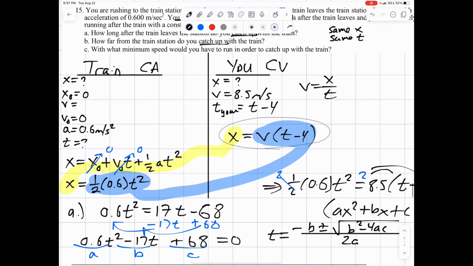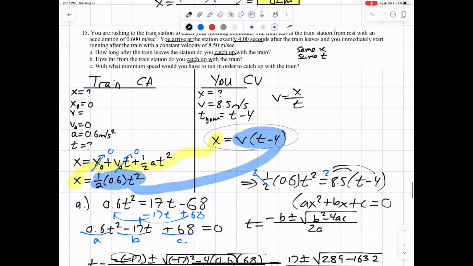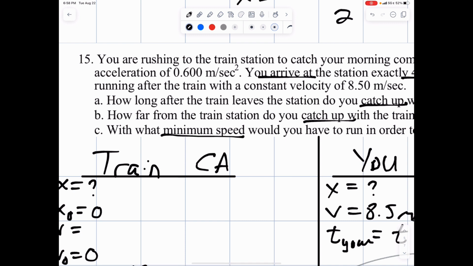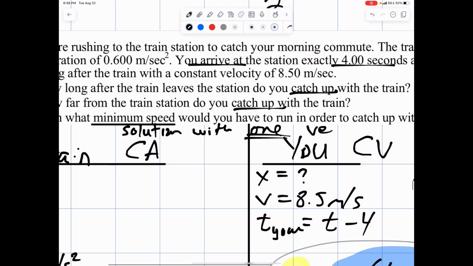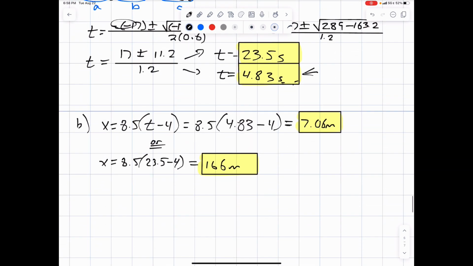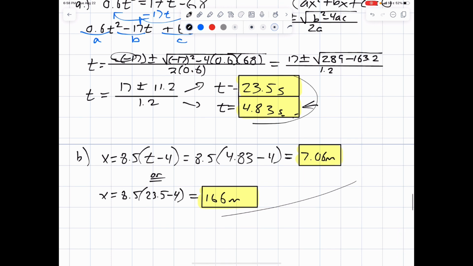And finally, part C, what would the minimum speed be in order to catch the train? So I want you to think about this. In order to have a minimum speed, you have to have a solution with one velocity, not two velocities. Think about this. We had a solution with two